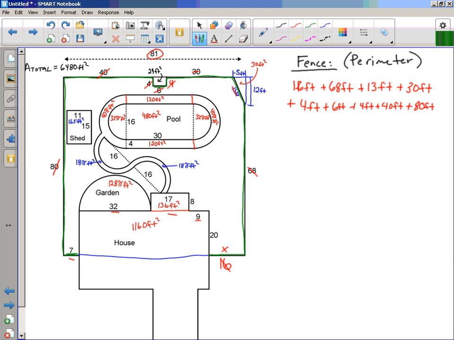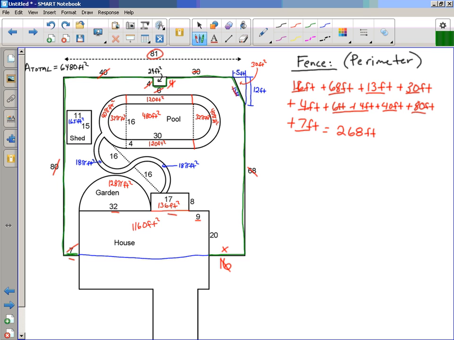And then the final 7-foot stretch. Okay, I'm going to add these together, and there are easy ways to do this. For instance, 40 plus 80 is 120, plus 30 is 150. Plus 6 and 4, that's another 10, that's 160. 7 and 13 is another 20, so that's 180. 16 and 4 is another 20, so that's 200, and plus 68, that's going to be